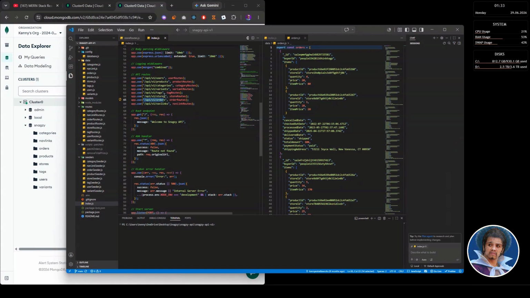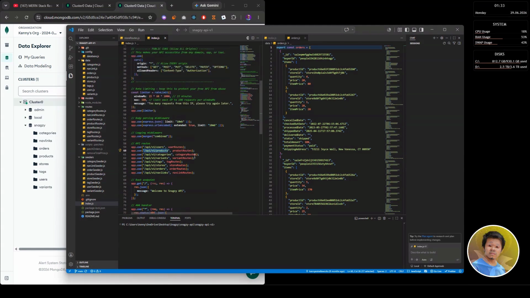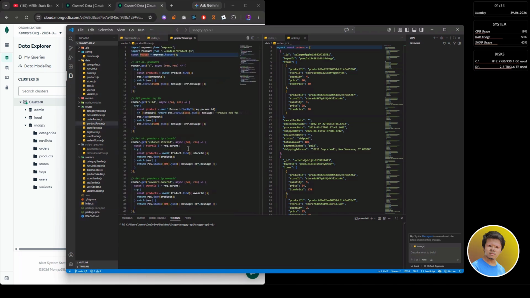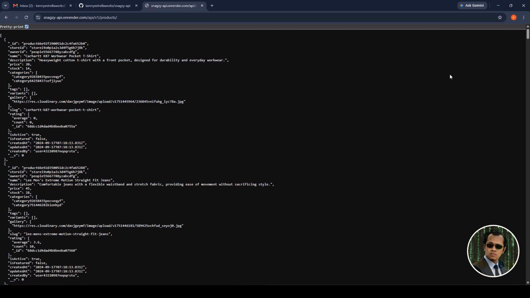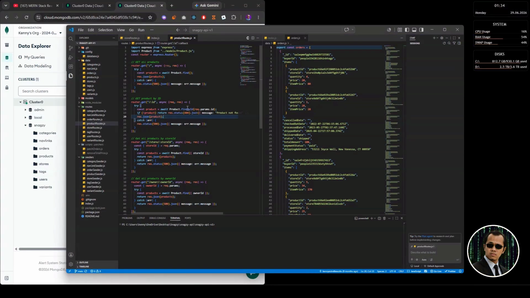Then we go back to VS Code. That one is actually this line of code here. When that is initiated, we call in the product route.js. And this code block here will initiate the request to MongoDB, and we will have a response in the format of JSON. The same with the other files in the routes folder.